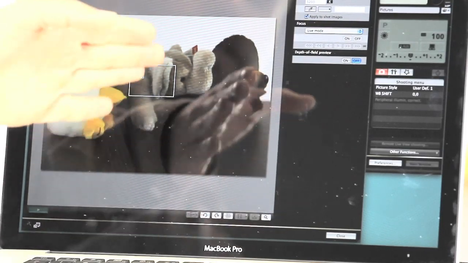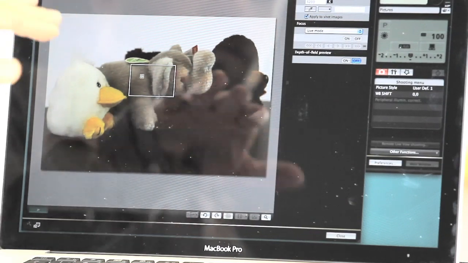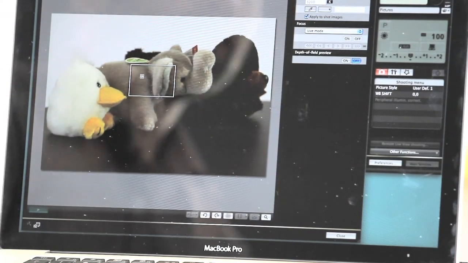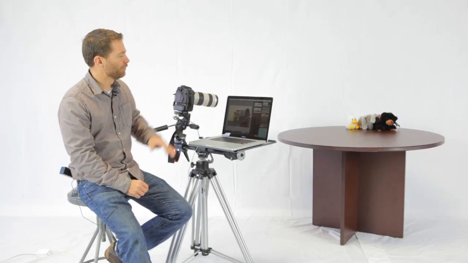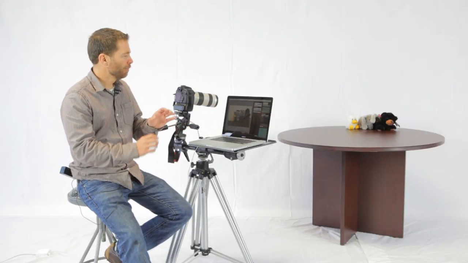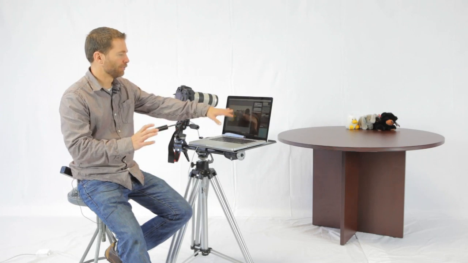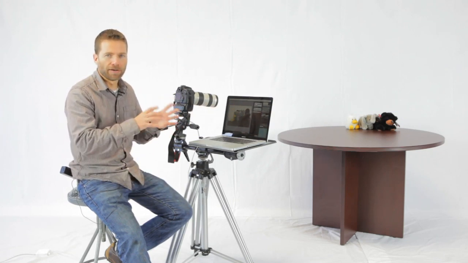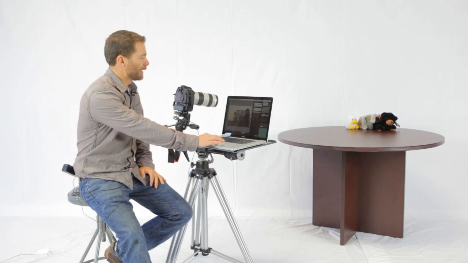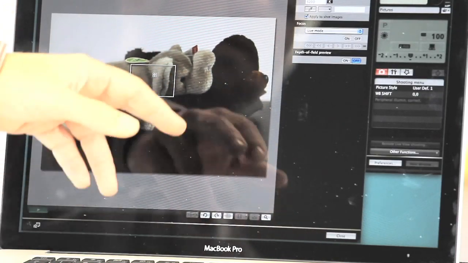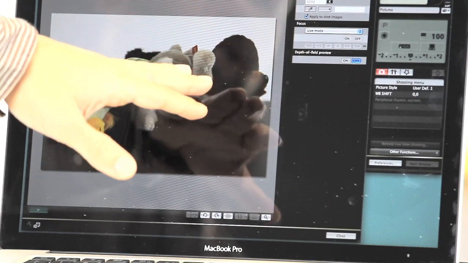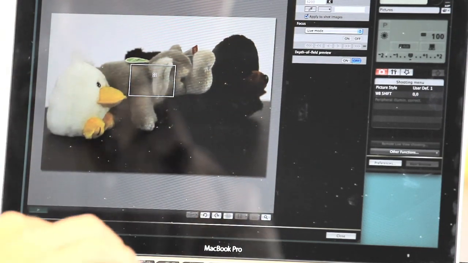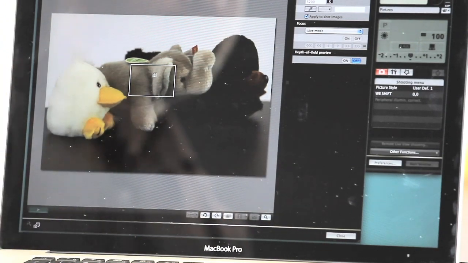Okay, we know that it's very dark and it's going to have a different exposure setting than the other items, but the camera doesn't. The camera just says, well, I've got all these items in, and I'm going to compare and contrast all these different sections of the frame, and I'm just going to make a decision for exposure based upon everything. As a result, you might get something that looks like this, where the exposure on the black bear is quite dark, the exposure on the light chick is too light, but the exposure for the middle gray elephant